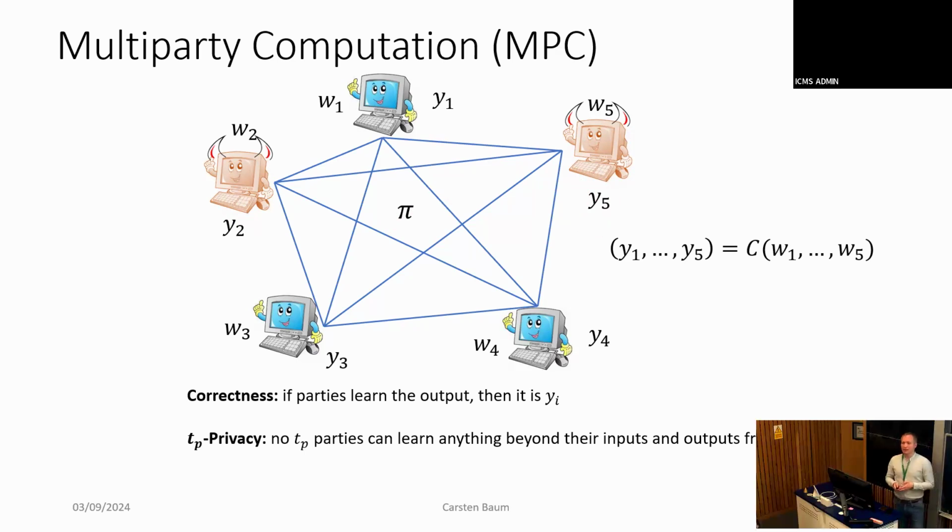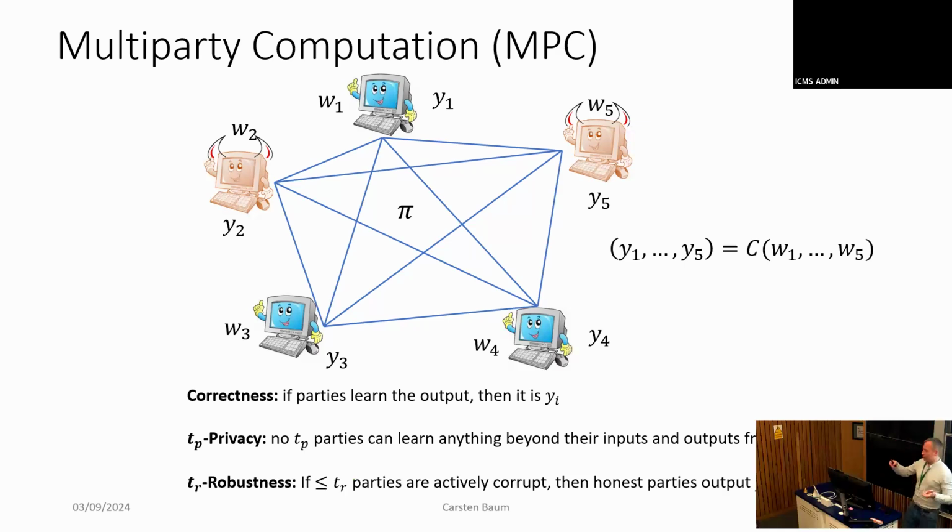Does that make sense? But they don't have to behave according to the protocol. For privacy, let's assume what you usually call semi-honest behavior, right? As I said, here we assume that the parties follow the protocol, and then you have security against them trying to learn something extra while they follow the protocol. You can, of course, have, and I guess that's what you wanted to hint at, a stronger property, which would be robustness,